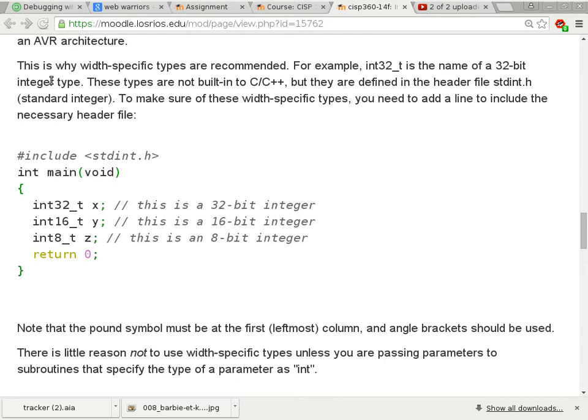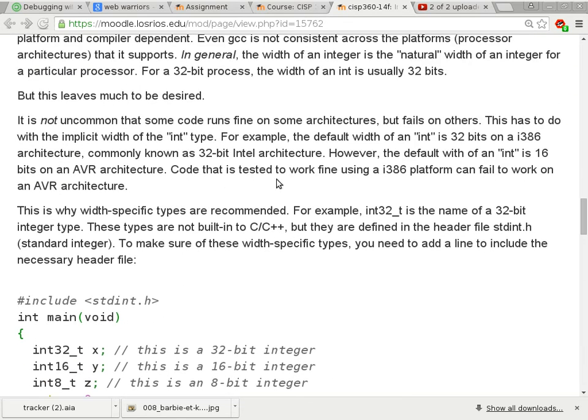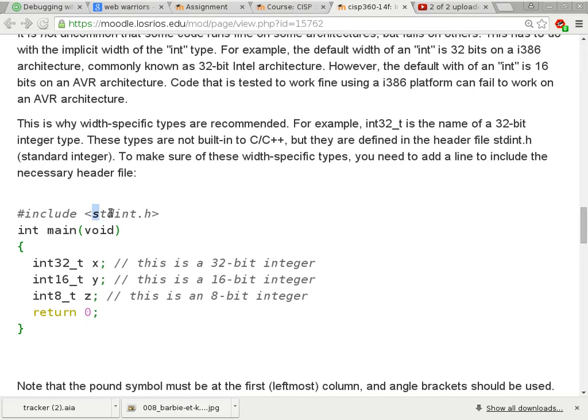And this is a whole explanation of why do we even bother with using integers like this, which specify 32-bit width here. This is 16-bit width. This is 8-bit width, and